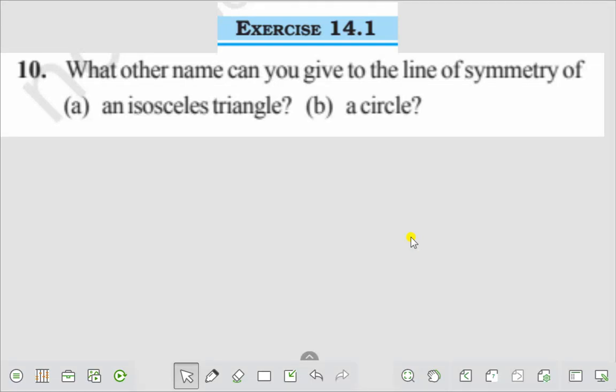Hello everyone, today I'll discuss exercise 14.1 question number 10. What other name can you give to the line of symmetry of an isosceles triangle? Right? We know that for an isosceles triangle,